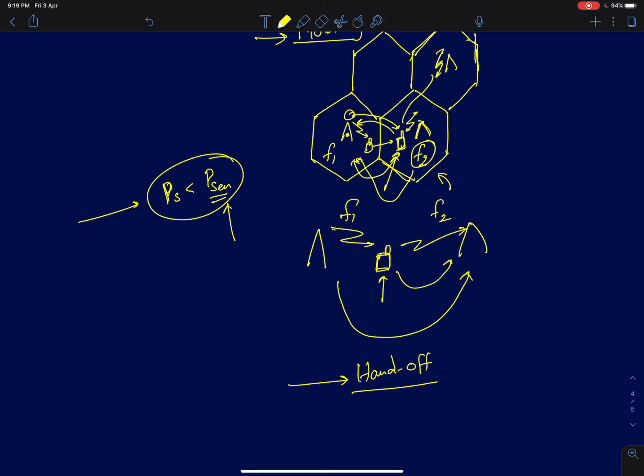So there are a lot of changes which are taking place. Which means when these changes are taking place, the transition should be smooth. Otherwise, we can have a probability of call dropping. Okay, so this part of the lecture will focus on what are the different strategies of handoff that are present,